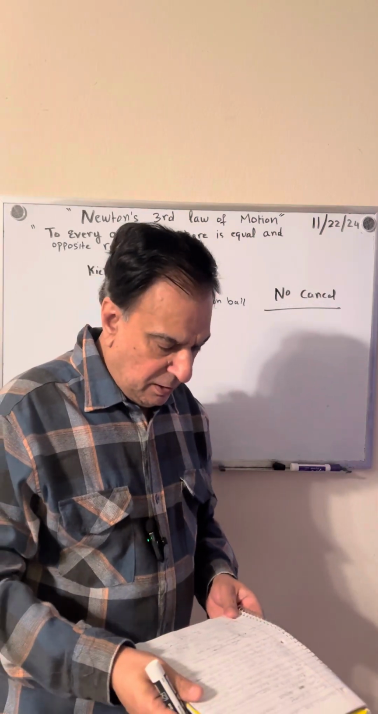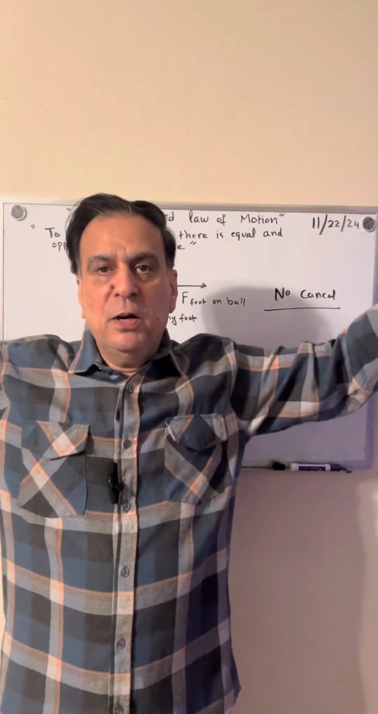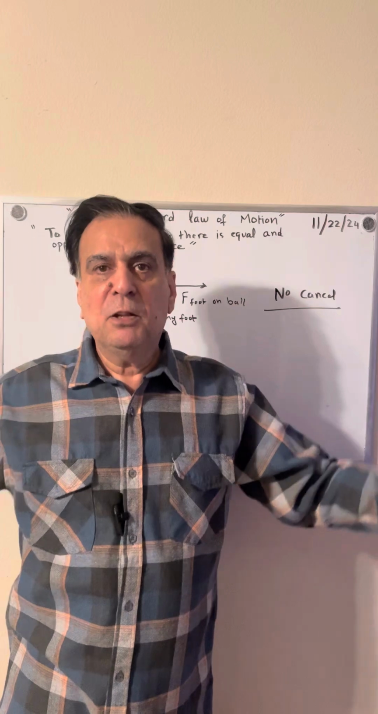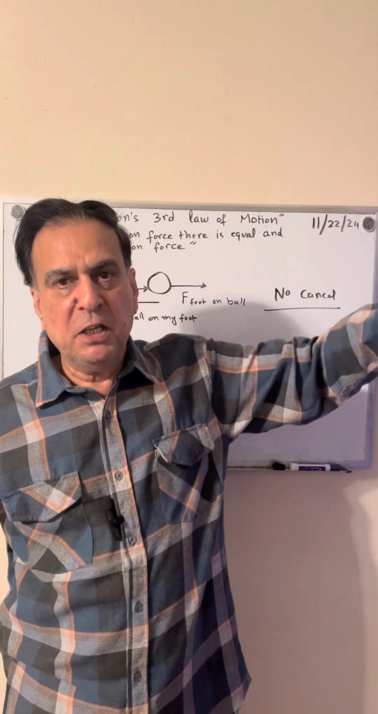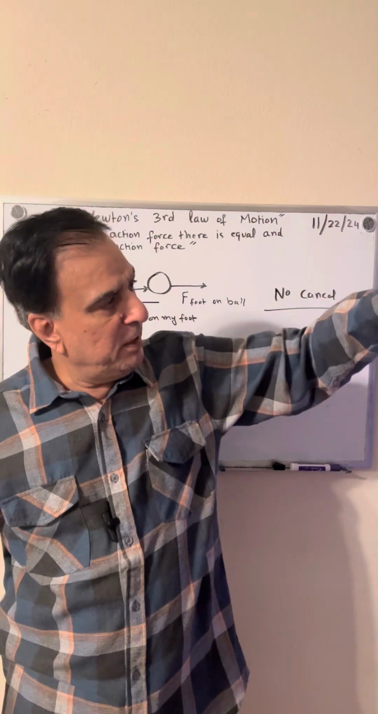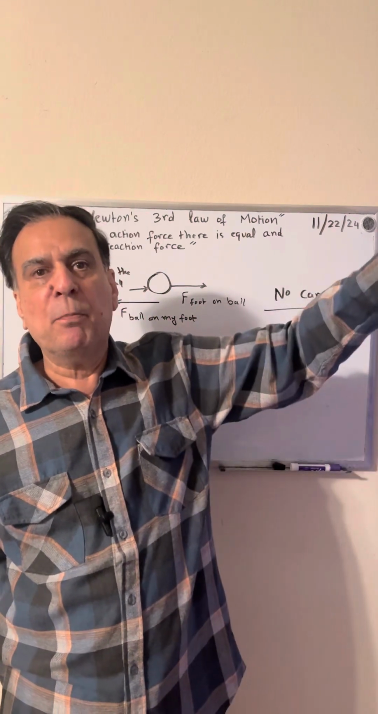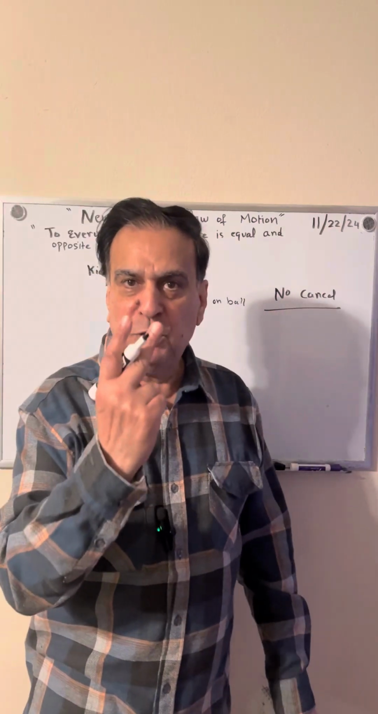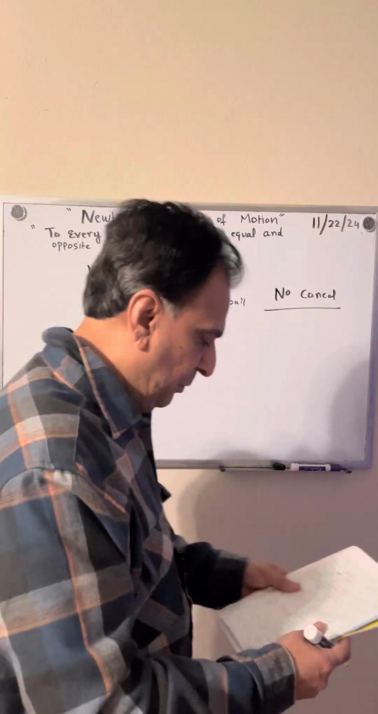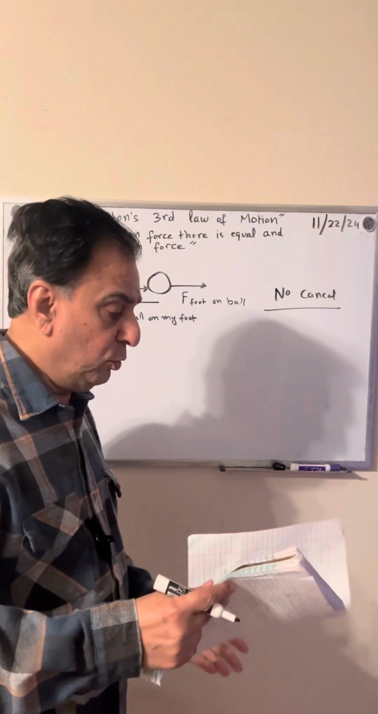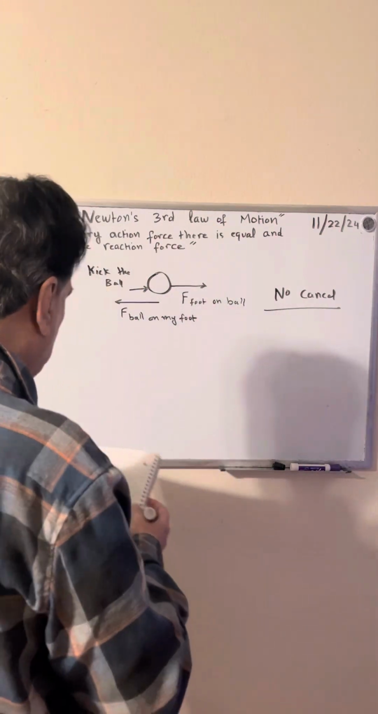Similarly, when a bird flies, the bird has wings, and the bird is flapping the wings. So the wing is pushing the air down, whereas the air is pushing the wing up. So there are two objects involved in this, wing and air. And there is no cancellation of forces. So then you can say